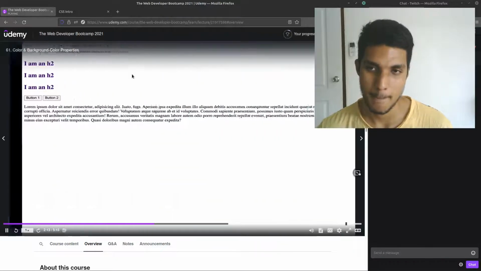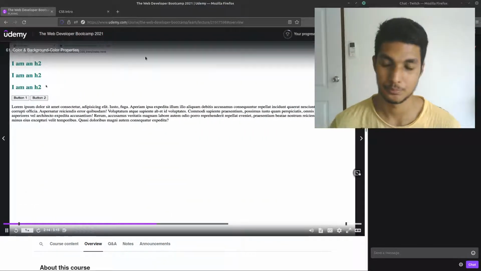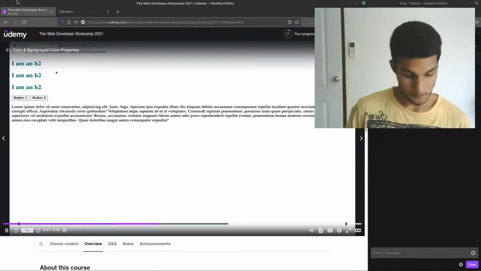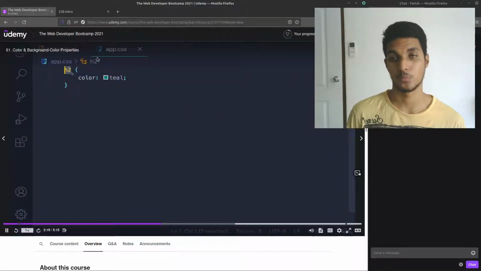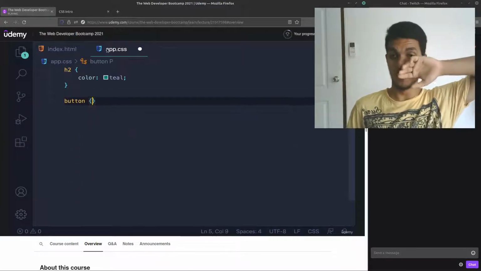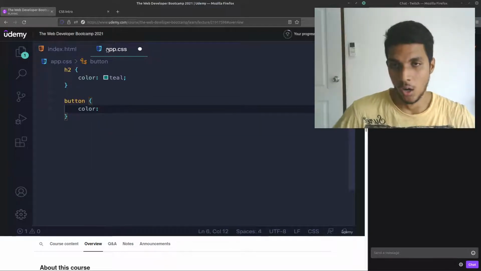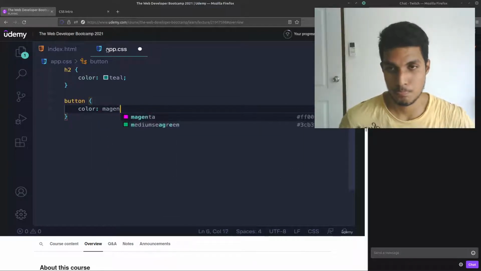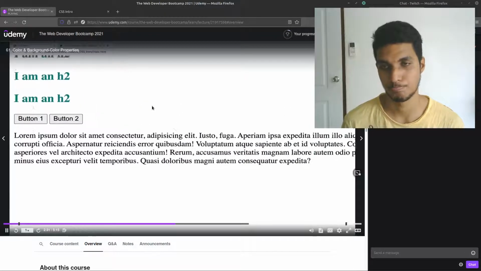Teal, and as we've already seen, the text color changes on every H2. This is not the first H2, it's not the only one, it is all H2s in the document. So let's work on the buttons. Let's set them to have a color of, how about magenta? So when I refresh, when you